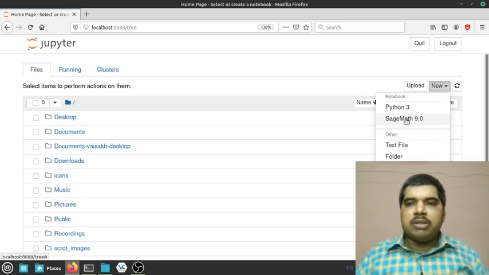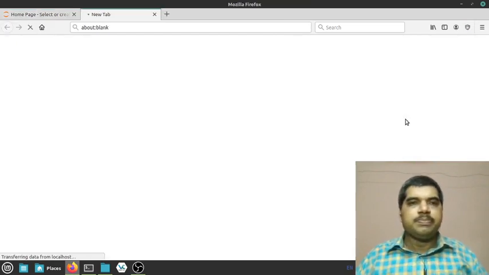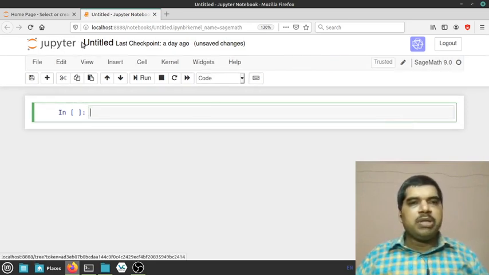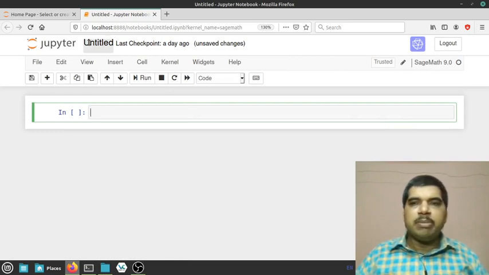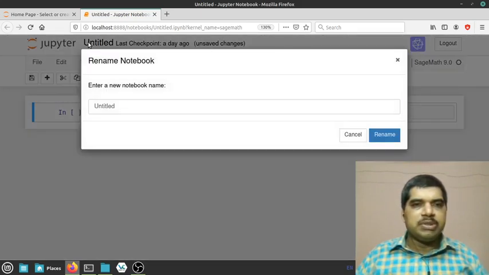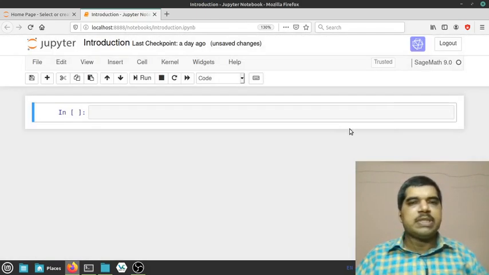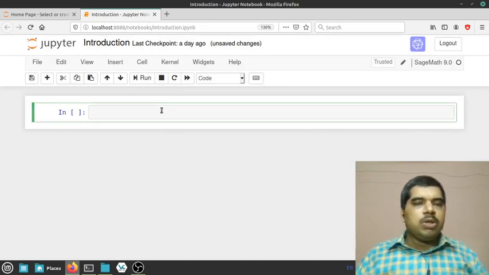So I'm clicking on SageMath 9.0, and a new window opens up. Here, to the right of Jupyter, we can see that Untitled is there. That means that the worksheet is not named. We are yet to give any title for the worksheet. I'm giving the title as Introduction. Of course, you can give whatever title you feel like. Just rename. Now, to type SageMath commands, we have to click inside the input box to the right of this IN symbol,